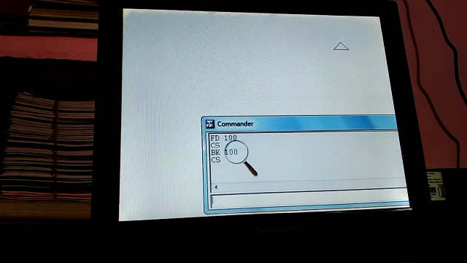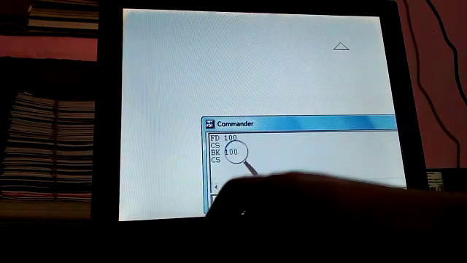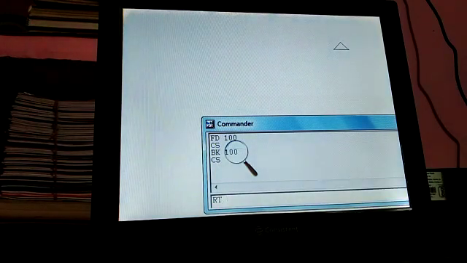Now right turn command. What is right turn command? The right or RT command is used to turn the turtle towards its right side. So for example, suppose RT space 90.